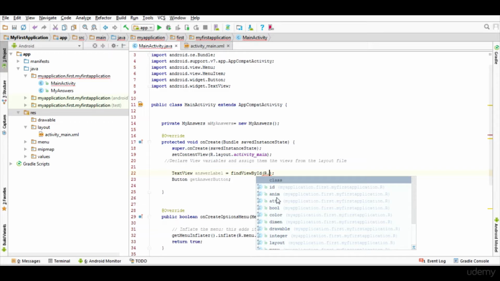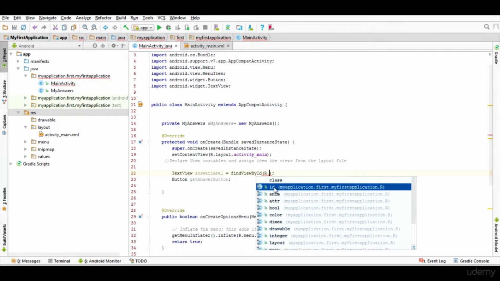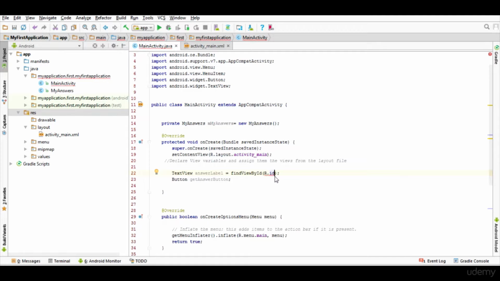So I'll pick id, then again put a dot, and it gives me all the options that can be appended to our ID, containing all IDs in our project. We select textView1 and hit enter, and it will be added to our code.